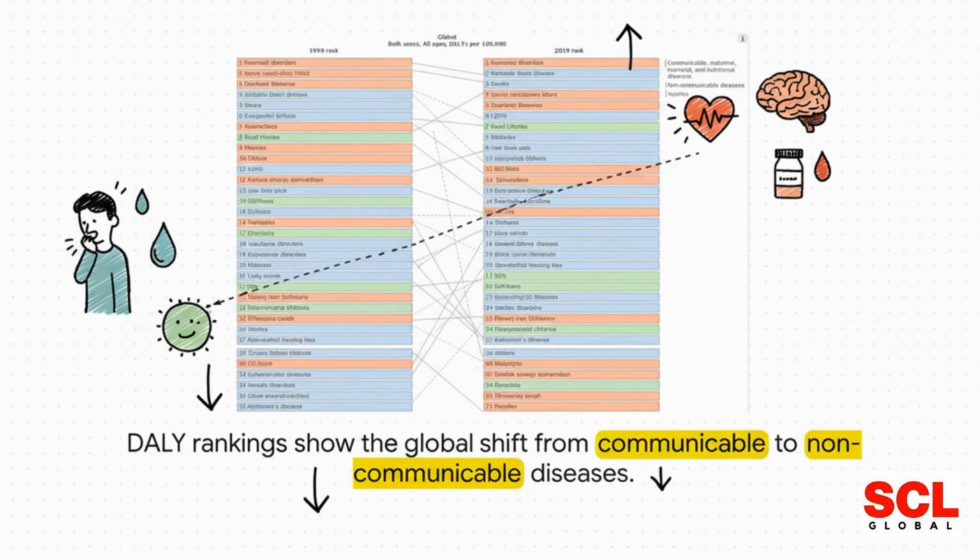But for all its flaws, the DALY also lets us see the big picture over time. And this chart is fascinating. It compares the top causes of DALYs in 1990 with 2019. Look at the left. Back in 1990, you see things like lower respiratory infections and diarrheal diseases way up at the top. Now look to the right, to 2019. They've dropped way down. And what's replaced them? Non-communicable diseases like heart disease, stroke, and diabetes. This one chart visualizes a massive shift in global health and gives us priceless information for planning for the future.